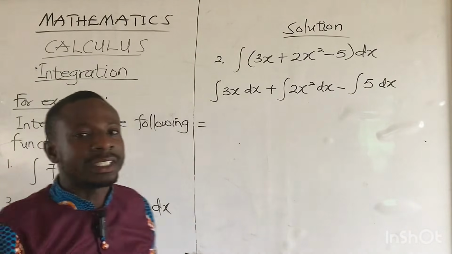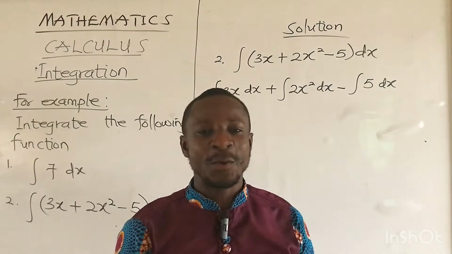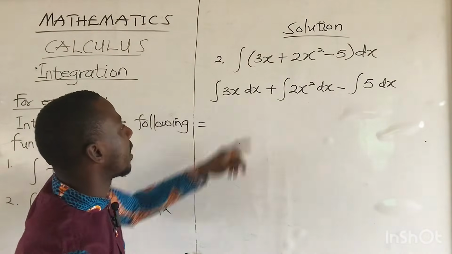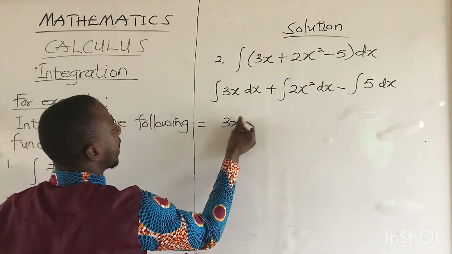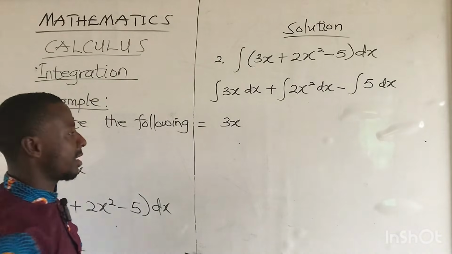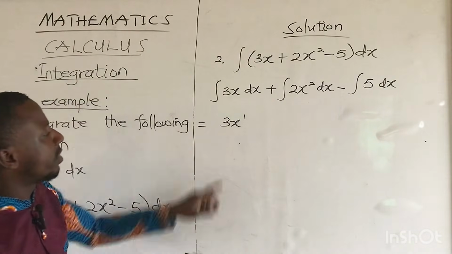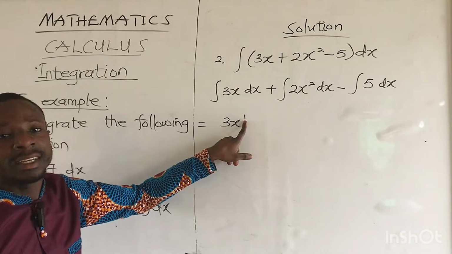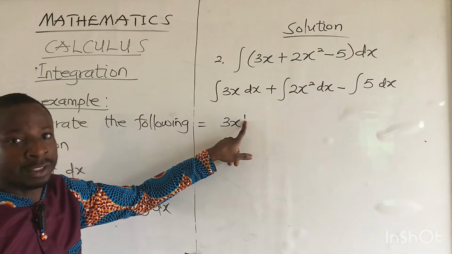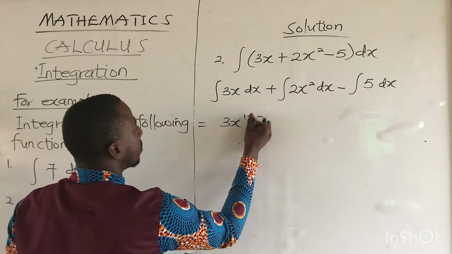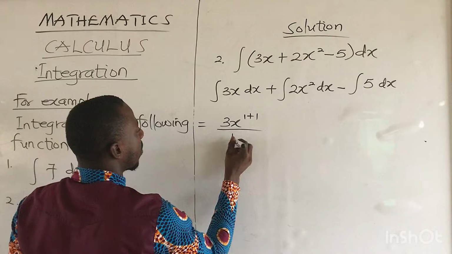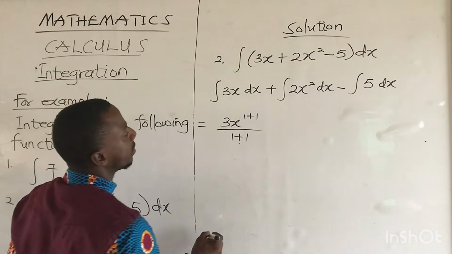So now we are going to take them one by one. So from here, we have 3x. Don't forget that 3x, it means there is 1 here, an exponent of 1. So I'll add 1 to it. All over 1 plus 1